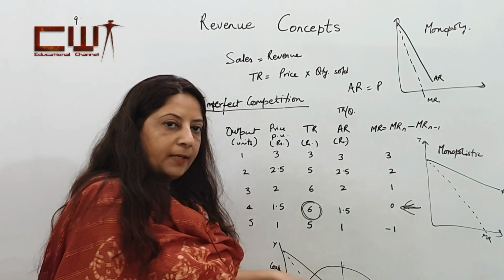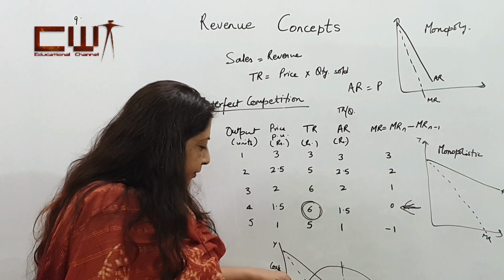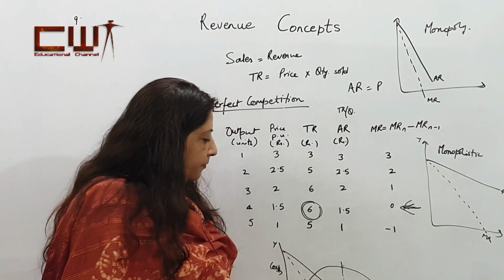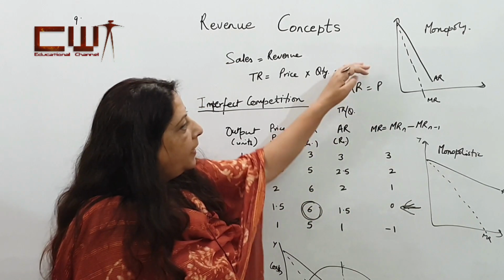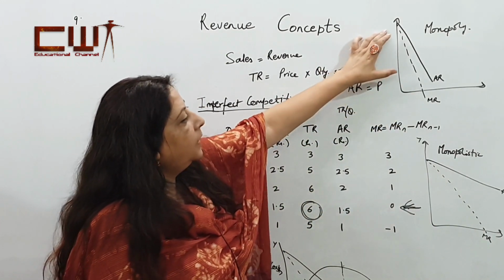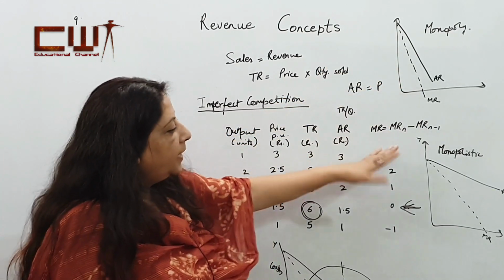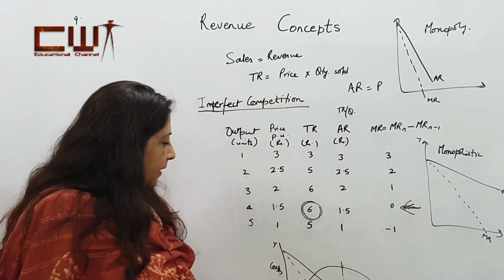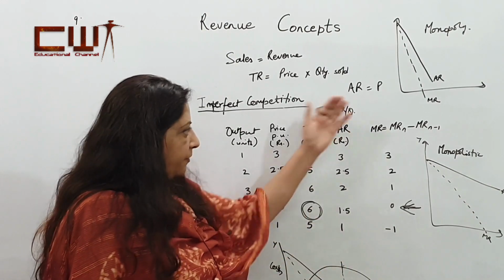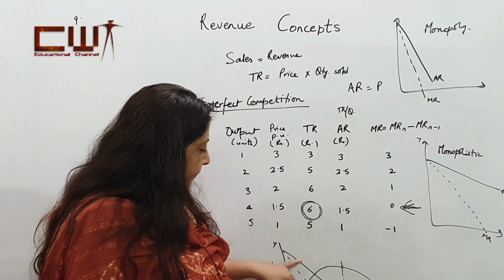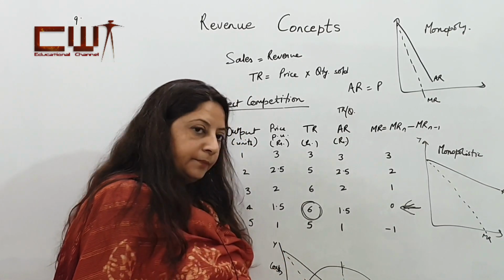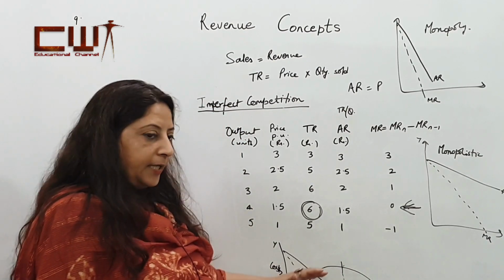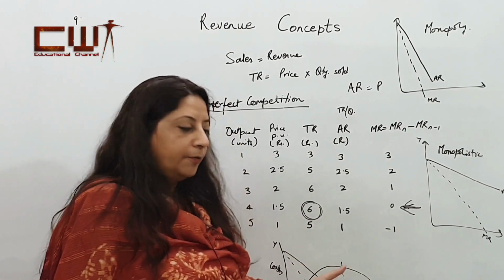AR curve represents your demand curve in different market forms. Marginal revenue curve will always be below the average revenue curve. AR curve being a demand curve, it follows the elasticity of demand. Under monopoly, it is a less elastic demand curve, therefore the slope of the AR curve is more. In case of monopolistic, where we have a more elastic demand curve, the AR curve is a little flatter. And similarly, if we take the other imperfect market forms, simply stating, the AR curve slopes downwards, the MR curve comes below it, and the rate of slope of MR is twice the rate of slope of average revenue, and AR curve is nothing but your demand curve under different market forms, and total revenue